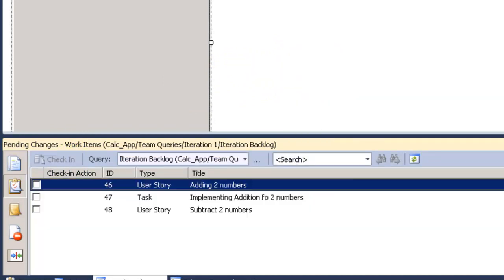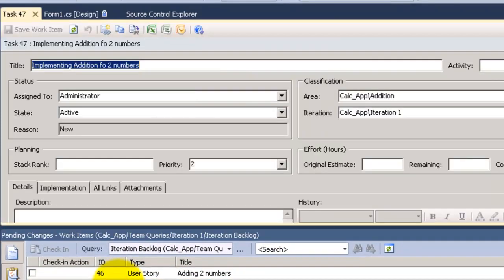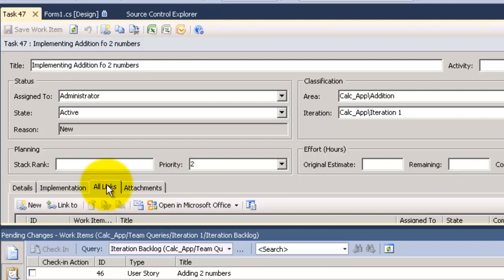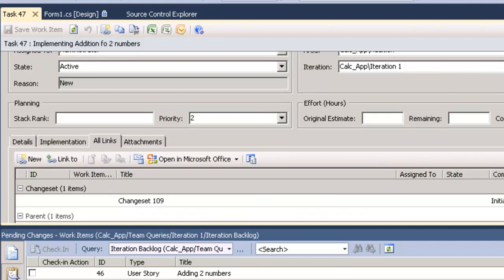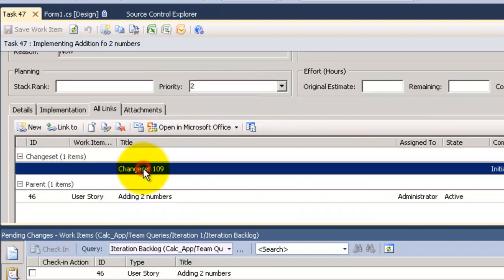Now after we have checked in, I want to see the task that I have associated the check-in files with. In the task, the third tab called all links, you will find something called changeset. Changeset means your check-in. If you make a check-in for 1 file or 10 files, this is called a changeset in the language of TFS. So if I double click on this changeset, it will get me the files that were checked